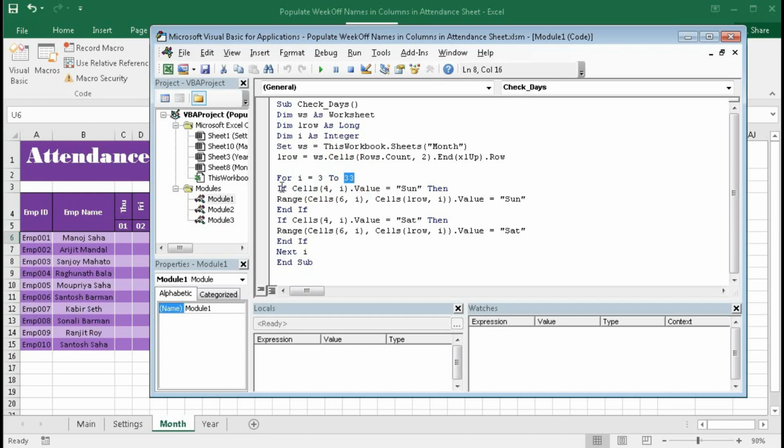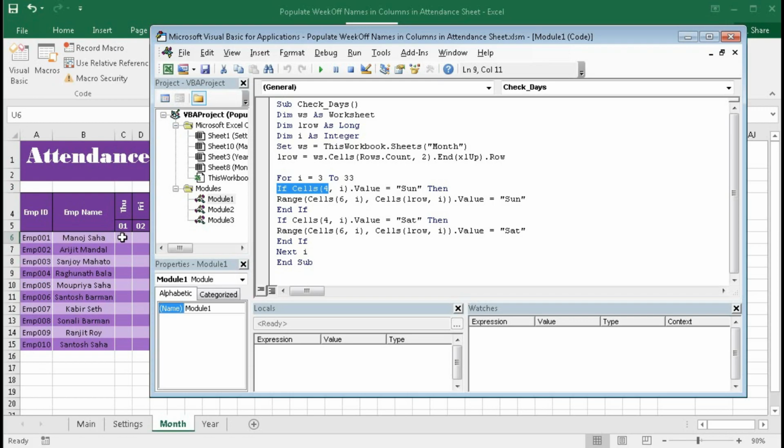And then I have started the condition: if cells(4, i), which means row 4, and I starts from 3, so I will assume it as a 3. So if this cell is equal to Sunday, then Range(Cells(6, i), Cells(last row, i)). 6 means this row, and the column is 3.